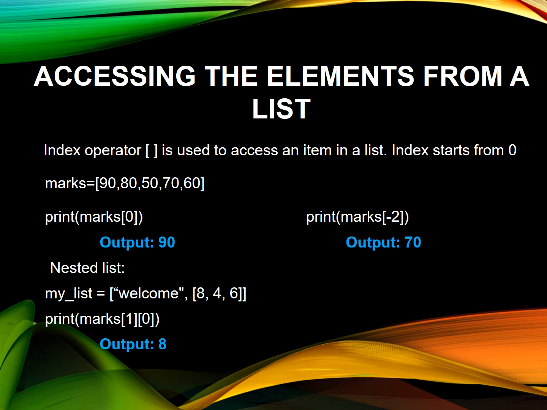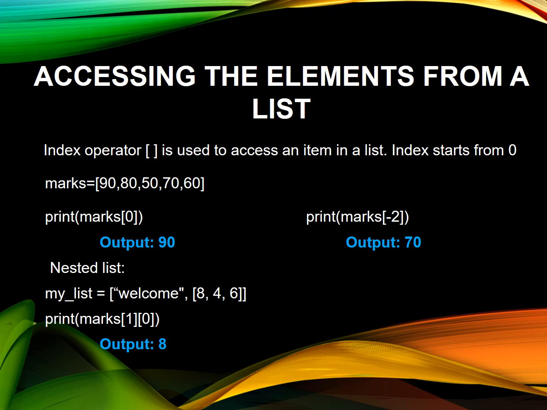Now, if we check the index of elements inside the mylist, the index for the welcome element is 0 and the index for the nested list element is 1. So 0 and 1, 2 elements are there inside the mylist. Students, remember that the nested list as a whole is counted as an element in mylist. It is counted as a single element. So there are 2 elements inside the mylist.